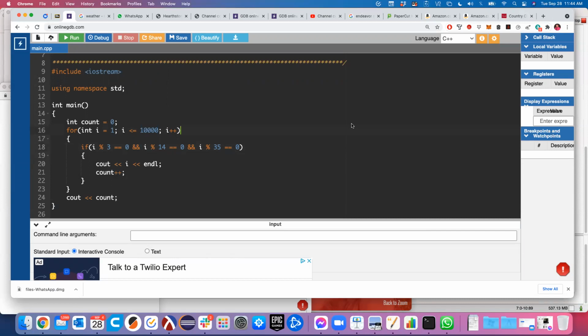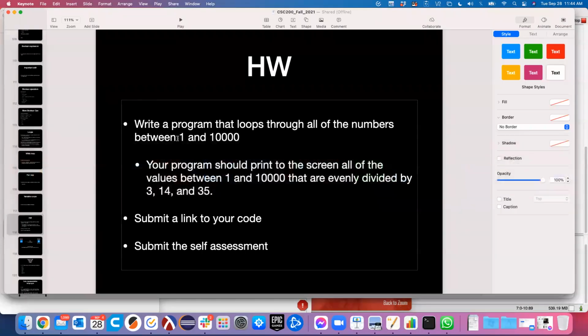It's certainly not as evolved as something like Python, which is why we purposely chose not to use Python as our first language. I'd argue it's almost too friendly and not structured enough to really give us a strong foundation. You'll see plenty of Python as you go through our program. You'll do it in the machine learning class and the AI class. And so, all right. So having said that, for our assignment today, we were supposed to